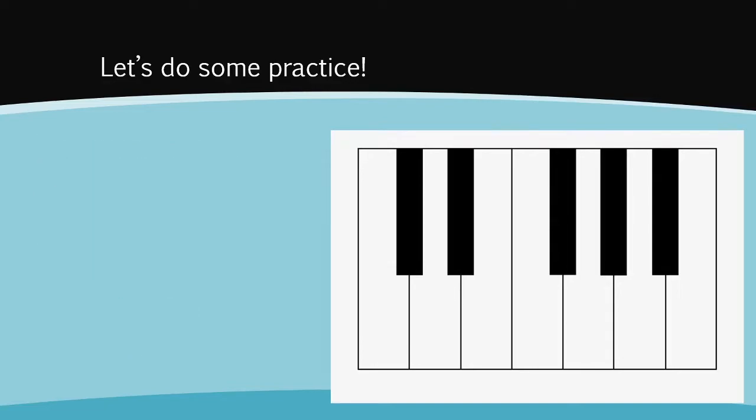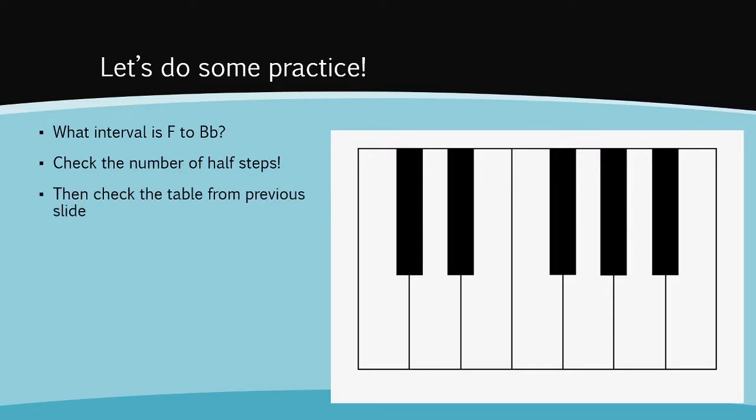Awesome. Let's do another one. What interval is F to B flat? Again, check the number of half steps if that's the preferred method, and then check the table from the previous slide. All right, so F. What's the key signature in F major? We'll just stick with major for now. Well, there's one flat, and it is B flat. Okay, awesome. So then walk up